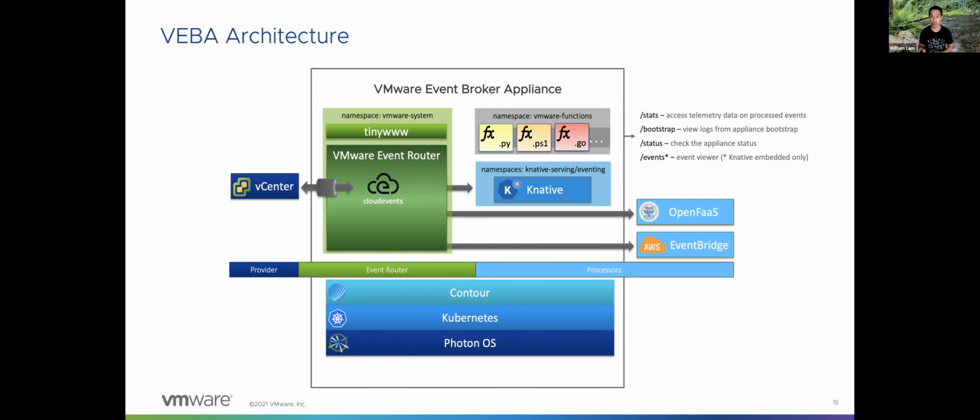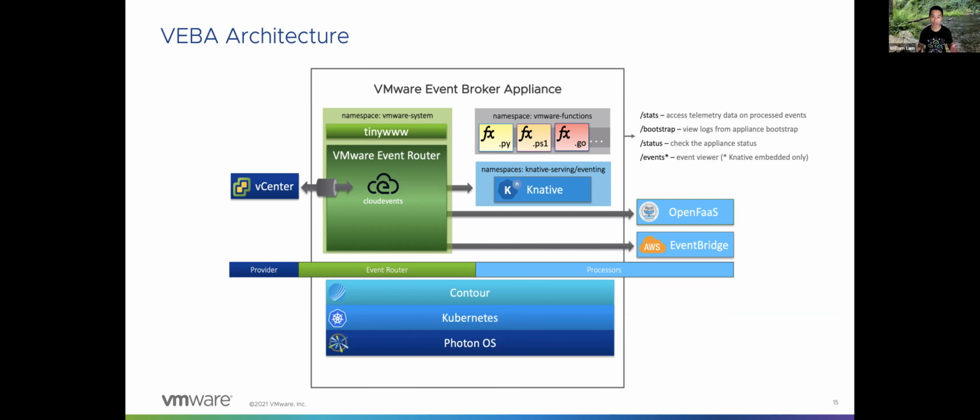One thing I do want to note is that the appliance today is a one-to-one mapping, but if you have a Kubernetes-based cluster, you can deploy multiple instances of the event router. We have customers doing that today where they have multiple vCenters spread across different regions, and they have one large cluster that manages it. So there are definitely a lot of different ways of deploying this operationally, but from an appliance form factor, it's very simple to deploy and connect to your vCenter server.